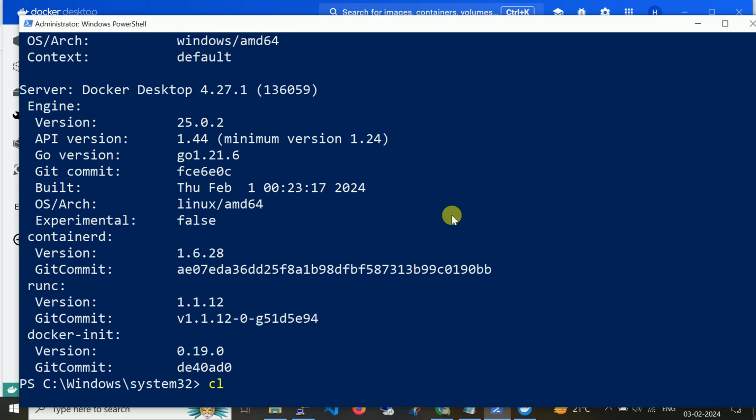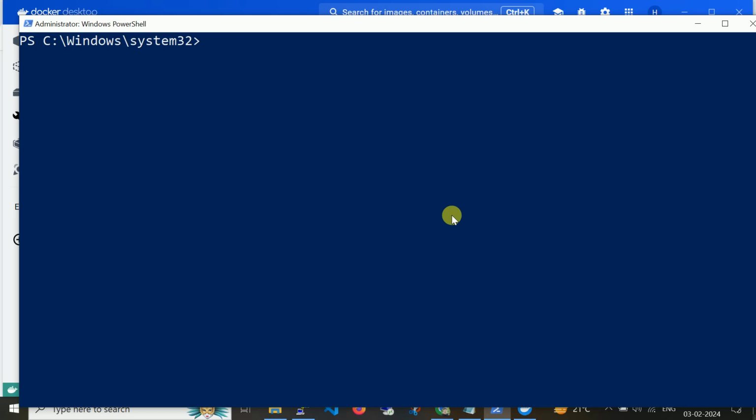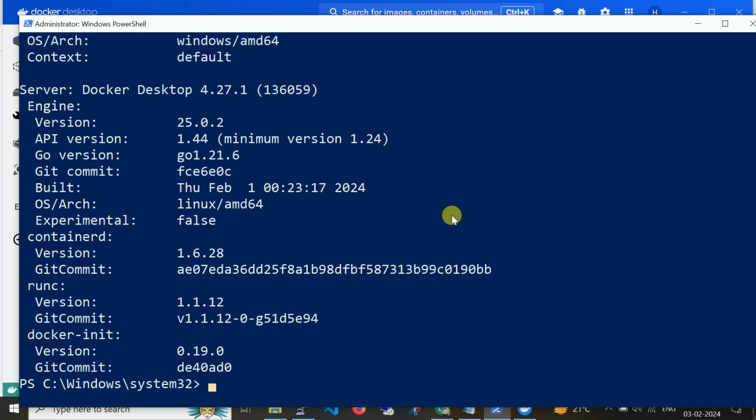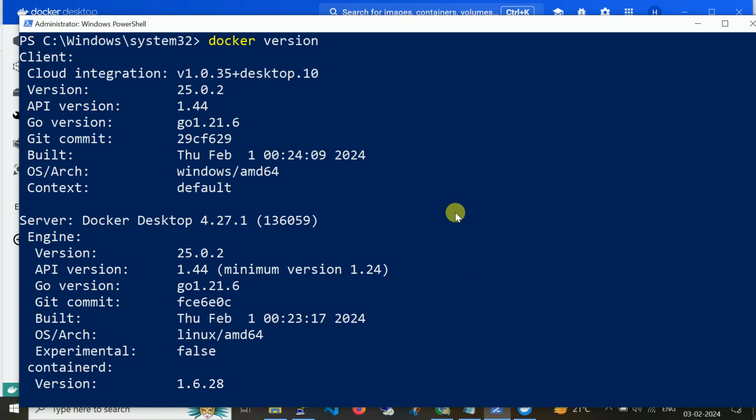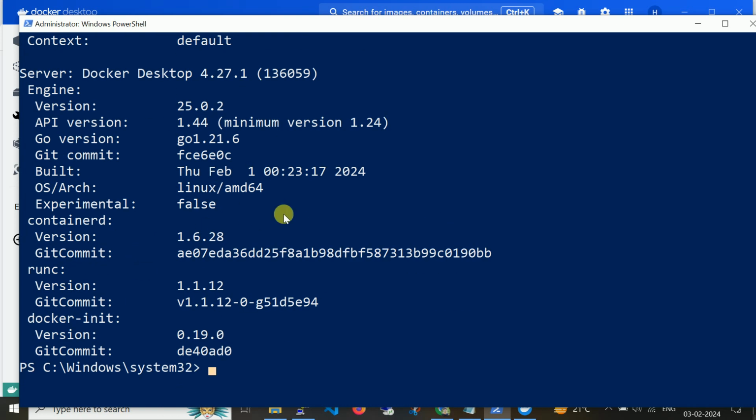Also, we ran docker version earlier and it showed some API error. Now it shows all the client and server details.